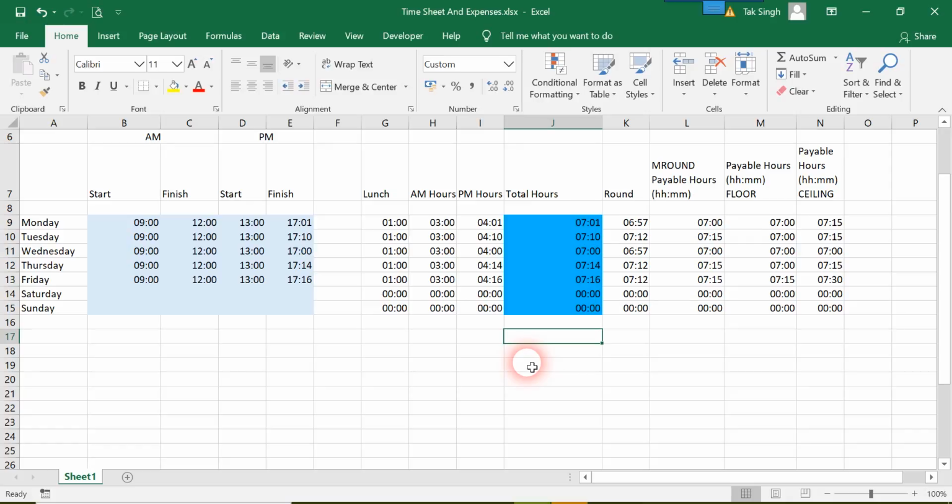A pretty good function to start with for adding time is the sum function, and I'll select this range as my input. Now you can see that the output of my sum function over here is 11 hours 41 minutes. That is pretty much unexpected, as the sum of my first two elements is 14 hours 11 minutes, which is itself greater than the output of the sum function. So what is happening here?